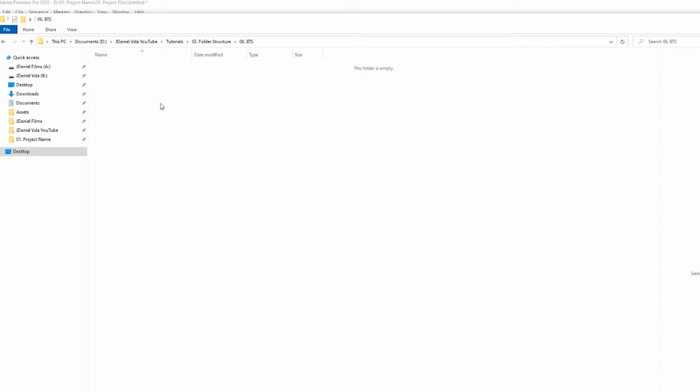And then you can create folders as well to know if it's photos or videos for the behind the scenes. It's good to have it separate from the footage folder, because if you have mixed it, and when you are working in the project you want to create a scene or a sequence only with the behind the scenes, it's going to be more difficult. But if you have a separate folder for behind the scenes and the main footage, it's going to be much easier to find those behind the scenes and to work on it.